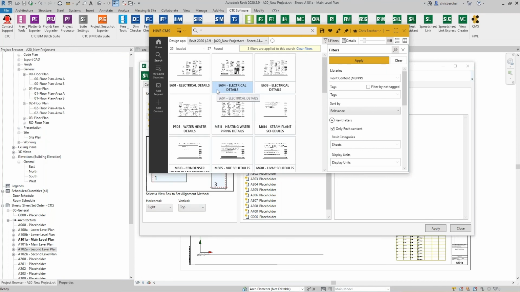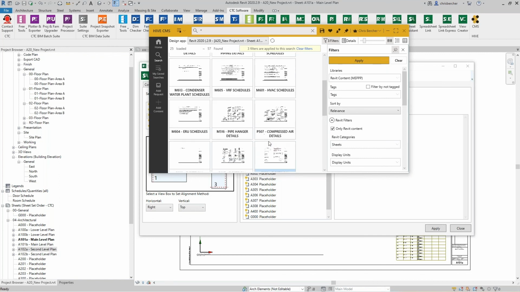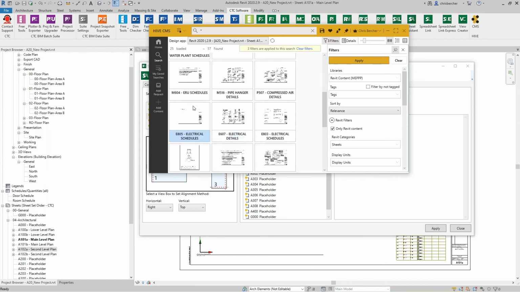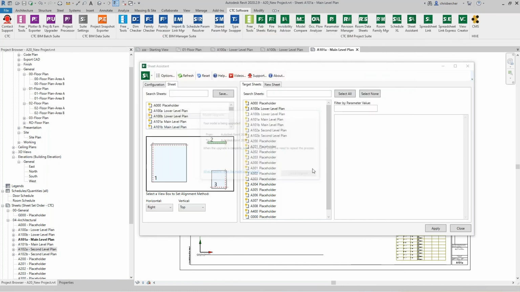If that's how you use your Hive environment, I can now double click any one of these sheets and get my details and schedules depending on the sheet that you've got. So I'm going to grab 805 here because it's going to be lightweight. But effectively, you double click it, as long as there's no active command running,